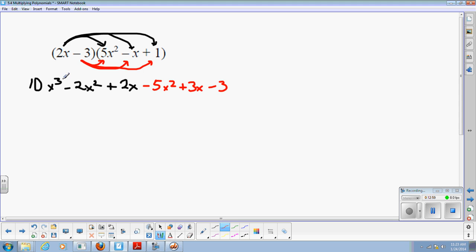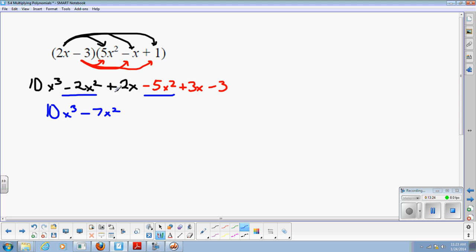I have 10x cubed, and there are no other terms with an x cubed. So I will write down 10x cubed. I have a minus 2x squared. I want to look for other x squared terms. There's a minus 2x squared here, a minus 5x squared here. Negative 2 plus negative 5, negative 7x